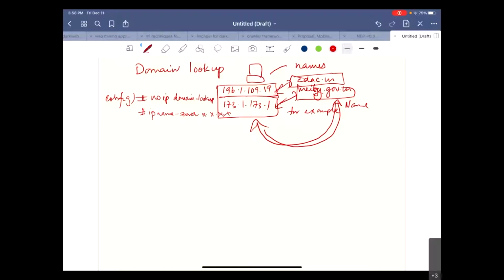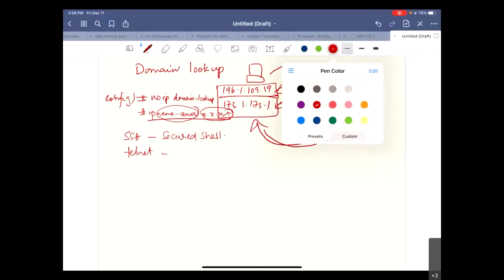Now SSH. SSH is Secure Shell, and on the third day you learned about Secure Shell. So use SSH instead of telnet. Telnet is basically clear communication.